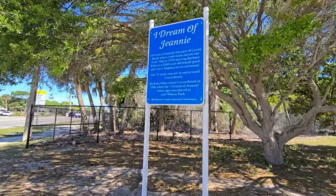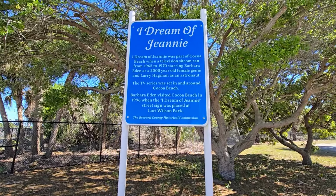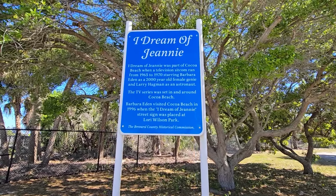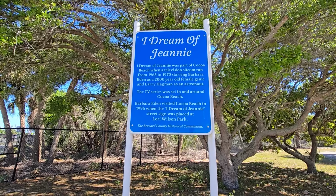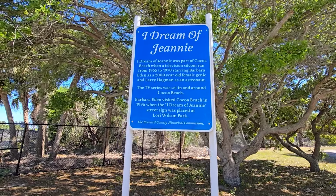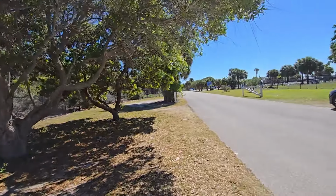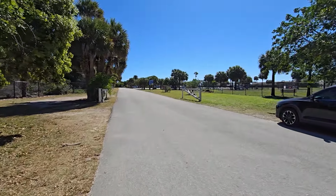Heading down the A1A, we came across this sign here, I Dream of Jeannie. I Dream of Jeannie was part of Cocoa Beach when a television sitcom ran from 1965 to 1970, starring Barbara Eden as the 2,000-year-old female Jeannie and Larry Hagman as an astronaut. The TV series was set in and around Cocoa Beach. Barbara Eden visited Cocoa Beach in 1996 when the I Dream of Jeannie street sign was placed at Lori Wilson Park. That's awesome. So this is the park right here, and this street is called I Dream of Jeannie Lane,